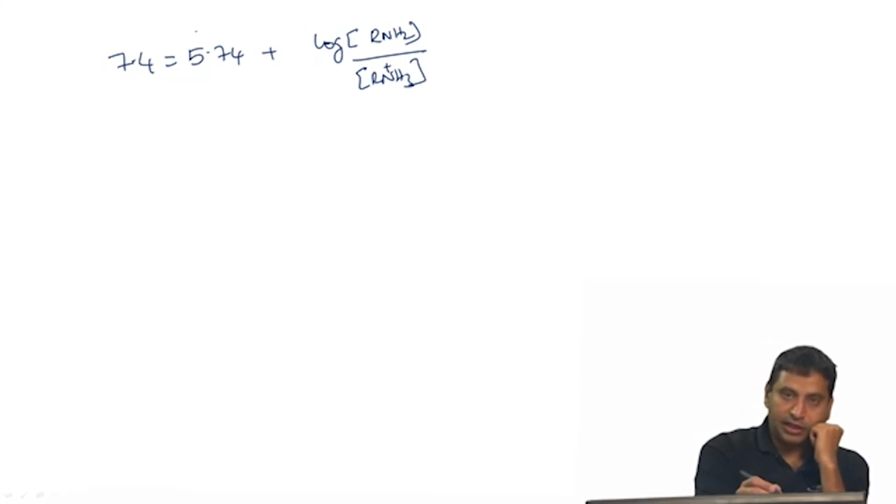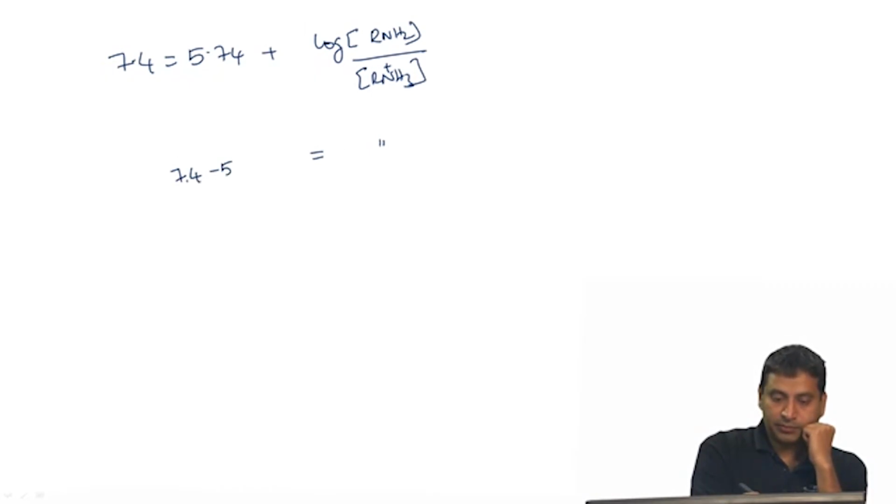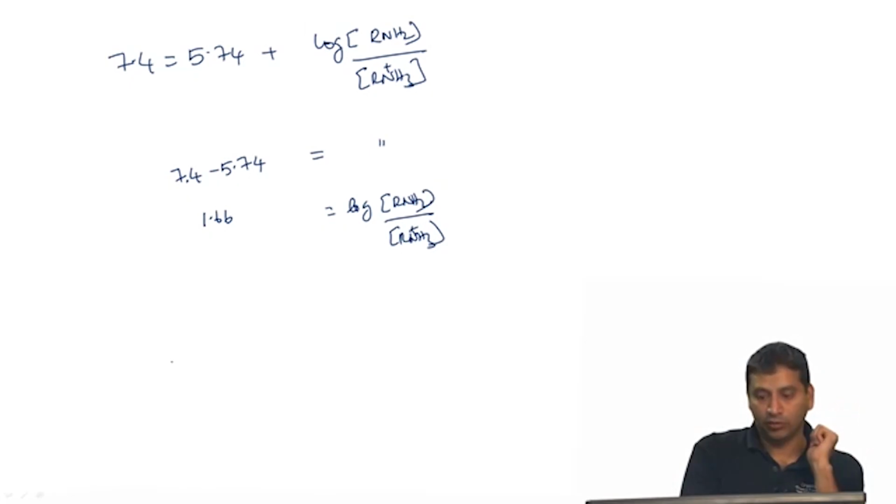And so, if you take the 5.74 that side, this term becomes 7.4 minus 5.74, this value is 1.66 equals log of RNH2 divided by RNH3 plus. So, if you take the anti-log of this number, you get the concentration of RNH2 divided by concentration of RNH3 plus equals